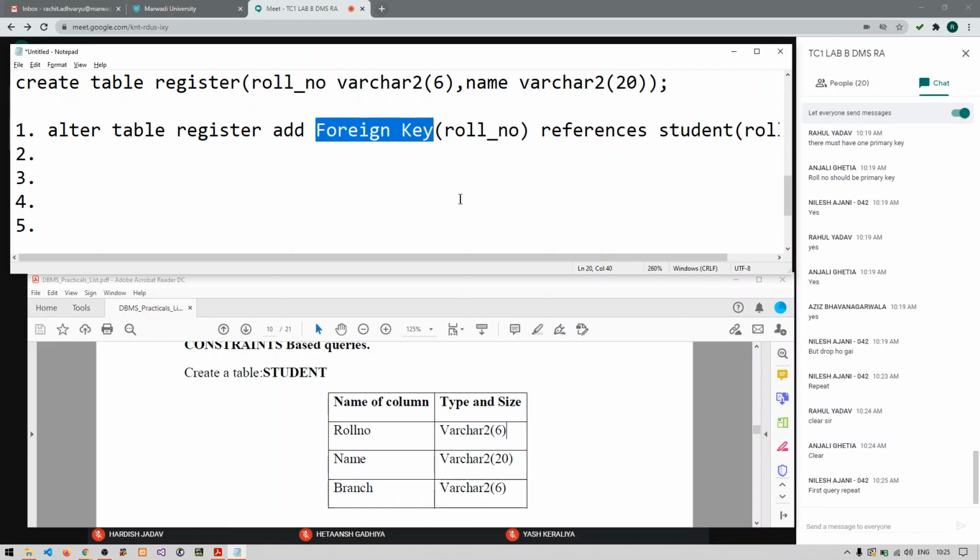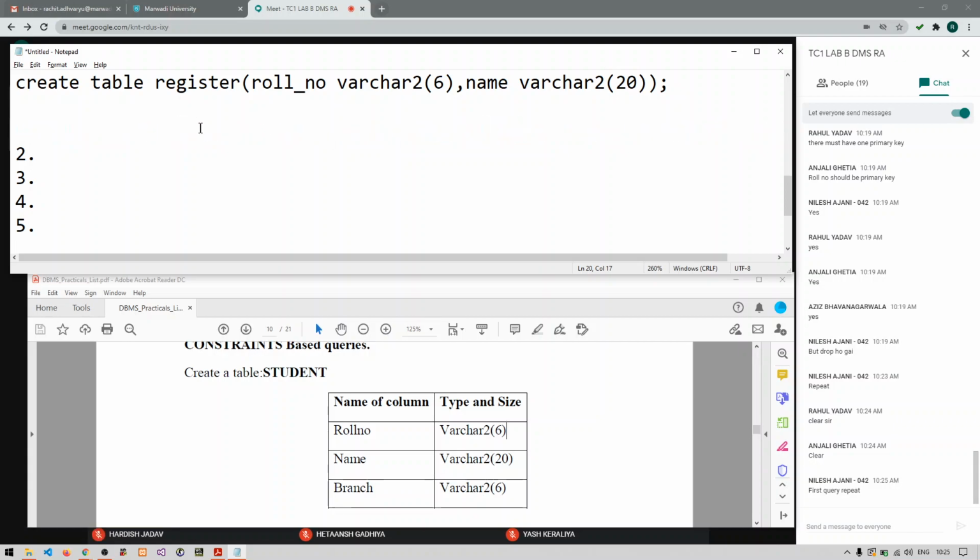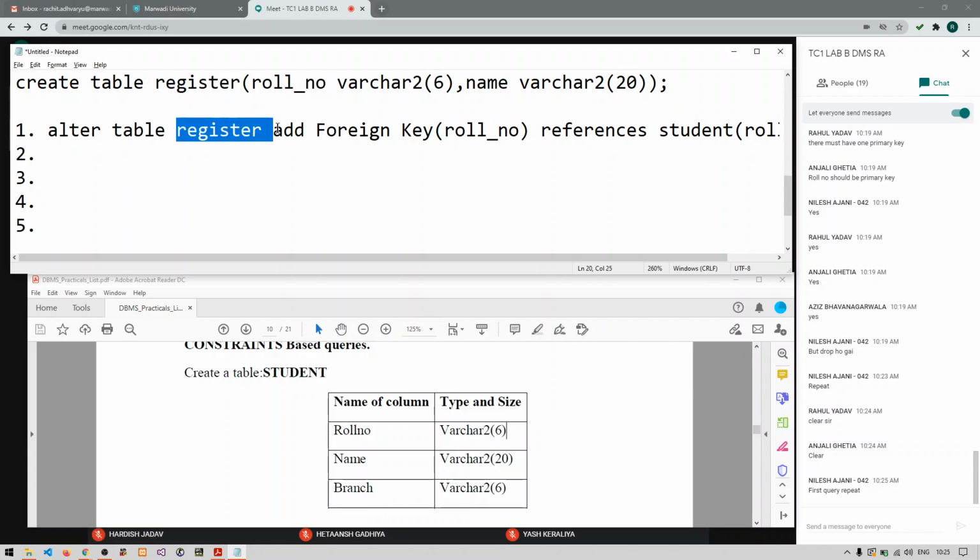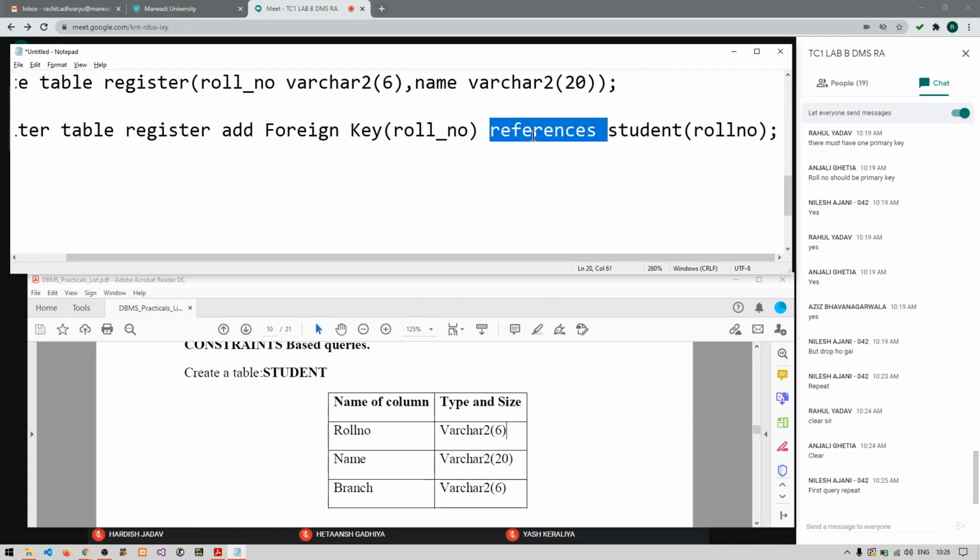So we know that the roll number column of the register table is a foreign key, so I'm writing here the roll number column of the register table. And now this foreign key is going to refer to the roll number column of the student table. So I'm writing here references student, the table name, into brackets the column name of that particular student table. That is roll number.